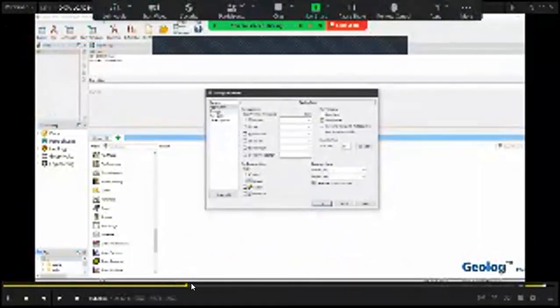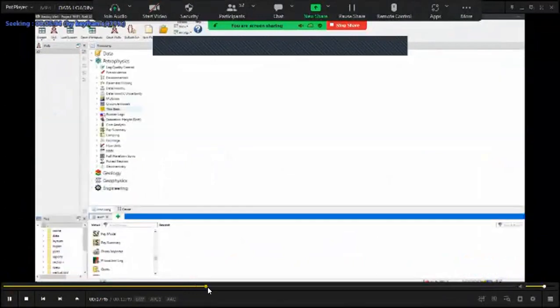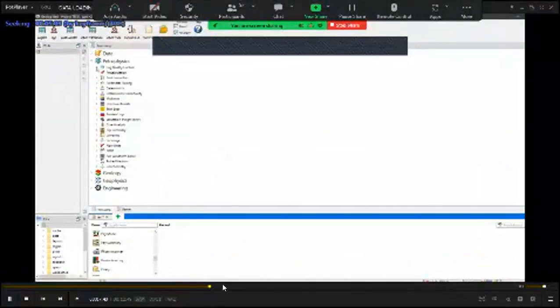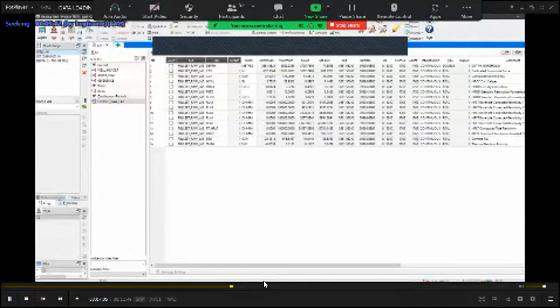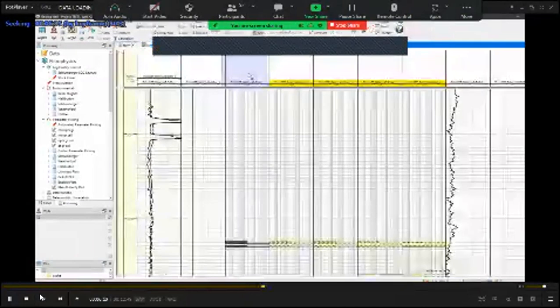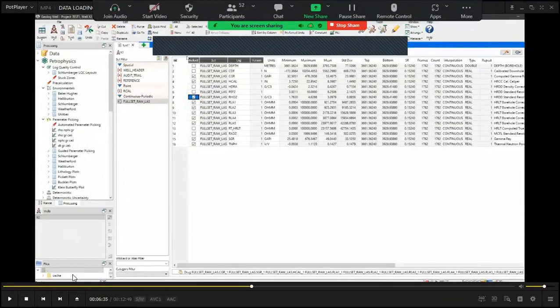You can change some options for Geolog viewing, and when you want to work, in this example, we want to show all logs for present and detail view.